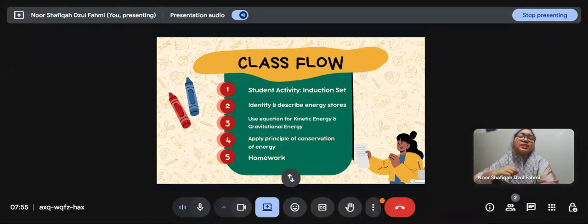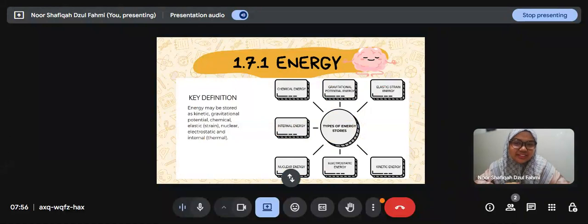Just now we did the skate park activity, right? Okay, and then secondly, we will try to identify and describe each energy source. We will be using mind mapping after this, and then thirdly is to use the equation for kinetic energy and gravitational energy. Fourthly is to apply the principle of conservation of energy, and lastly, and the best part for all of you, is to complete my homework today. Okay, all right. So without further ado,